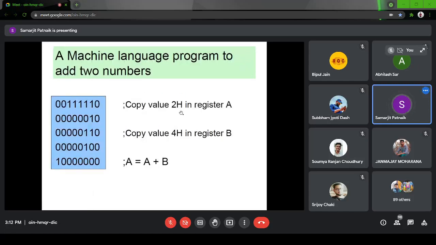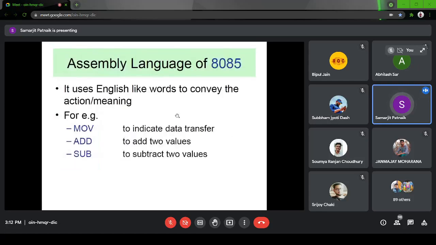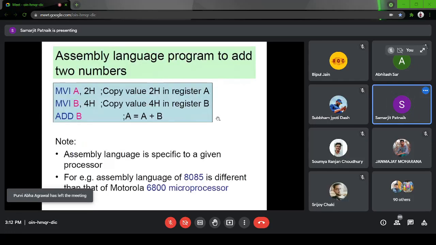So basically, we will be looking at this addition program a little bit. There will be some syntax we'll be covering, like MOV, ADD, SUB. MOV is the move instruction, which copies from one register to another register. ADD is for addition, SUB is for subtraction. Some simple syntax, MVI A, comma 2H.